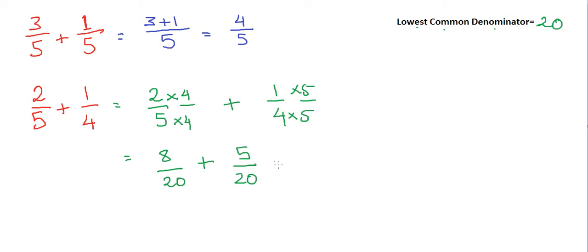Okay, now what do we do next? Well, it's like the question before, isn't it? We've got the same denominators now. Because we know our answer will have denominator 20, the denominator doesn't change, and we just add the numerators, 8 plus 5. I wrote that very badly. So 8 plus 5, that goes 8, 9, 10, 11, 12, 13. Sorry, I still count with my fingers. 13 over 20. Okay. So now we know how to add our